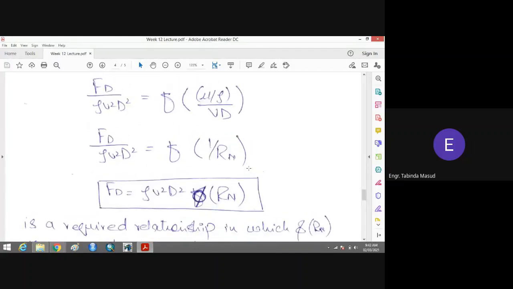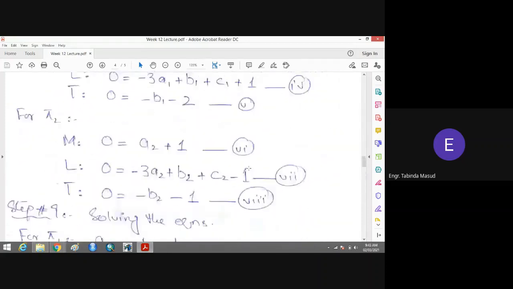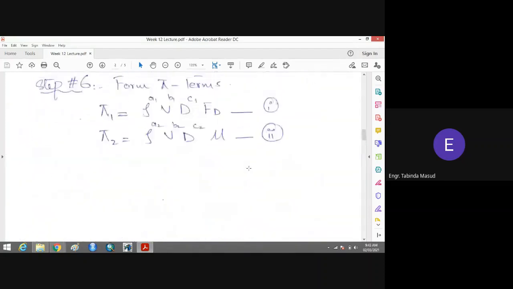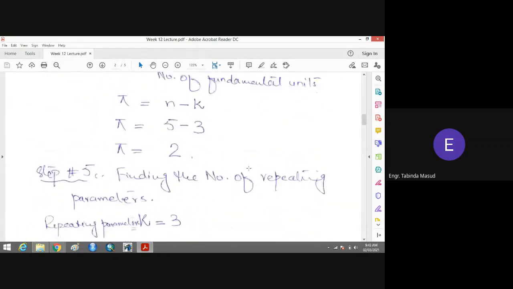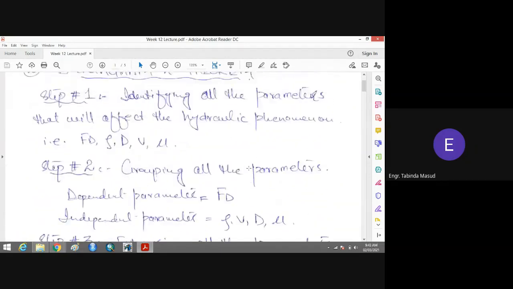Let's suppose that you do not know the method of dimensional analysis, and you want to develop a formula. You know that these are the important parameters involved in this problem: drag force, rho, d, v, and nu. So what are you going to do? You have to find the effect of these 4 parameters on the drag force. How will you find the effect of these 4 parameters on the drag force?